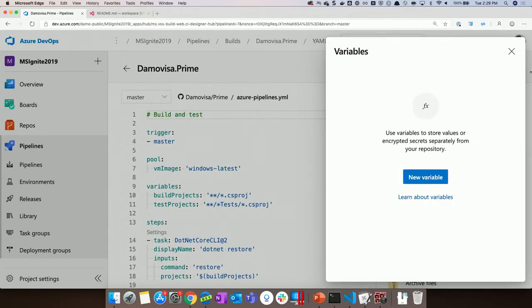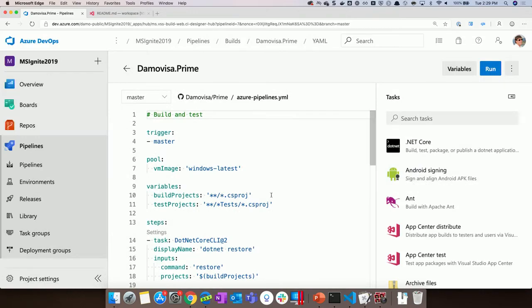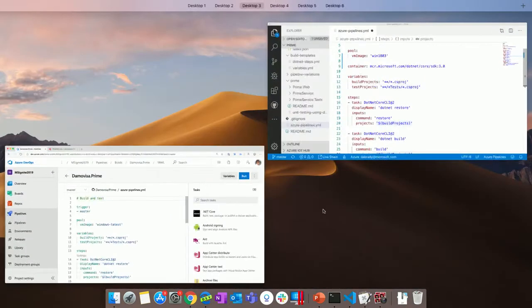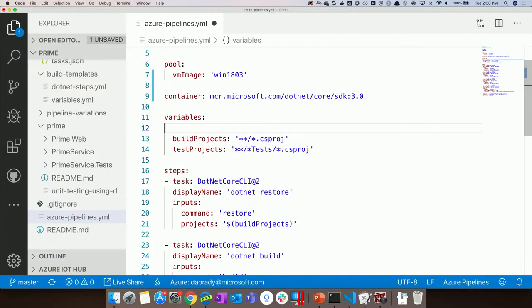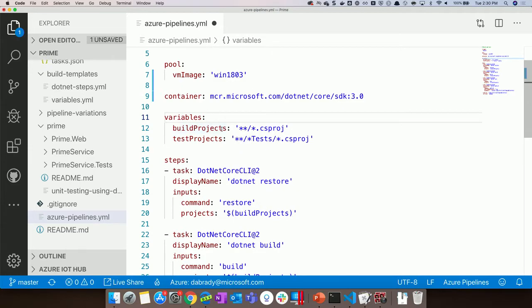If you want to go even further, you can have variable groups, which lives in library, and in the interest of time, I won't do that. But those variable groups can be tied directly to, I think it's there, directly to Azure Key Vault. So your developers and the people setting up these pipelines may not even know what those keys are, right? They may not have access to them at all. And you can do much more secure stuff like that.